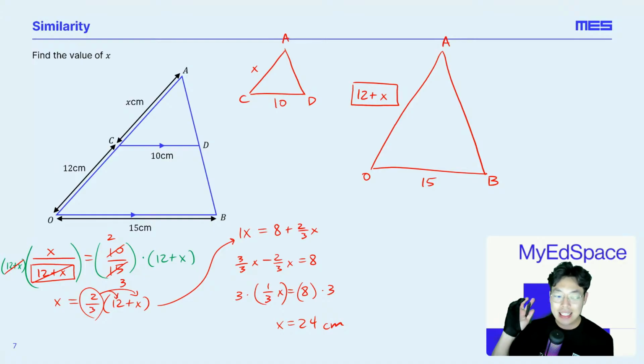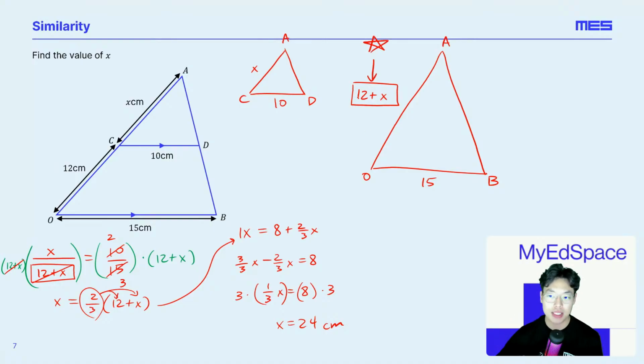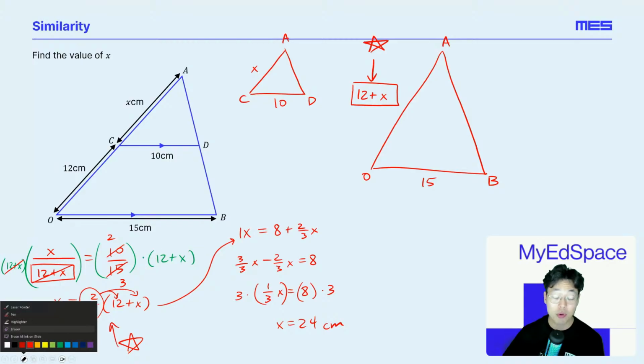Now, the toughest part about this problem, 2 parts, I believe, would be creating this 12 plus x. Probably the first toughest step. The next toughest step, right here. Distribution, right? 2/3 being multiplied to both the 12 and the x. Easy to forget, right? Easy to forget, especially if you forget these parentheses. Don't forget your parentheses. Don't be cheap with your parentheses. Don't be lazy. Always put parentheses whenever you can and should. Okay. The use of parentheses is so important.